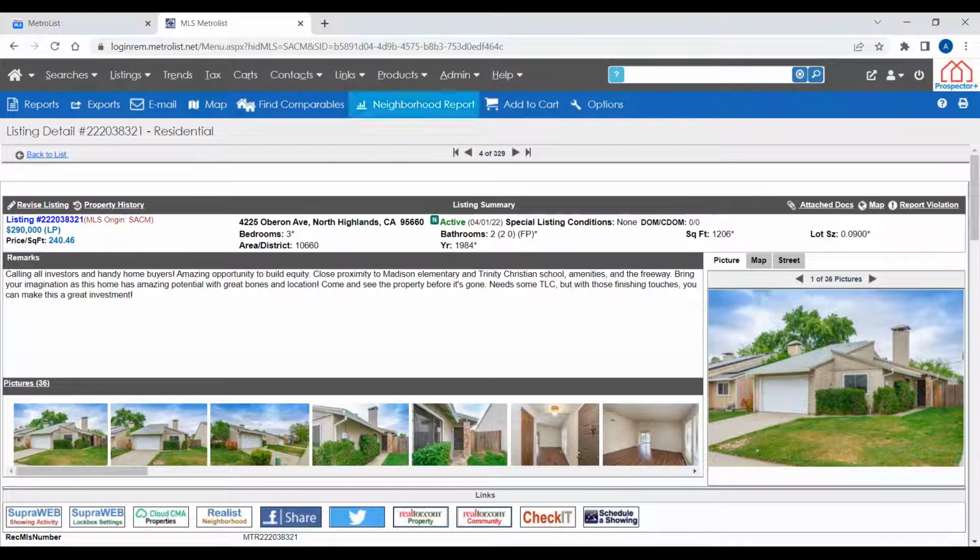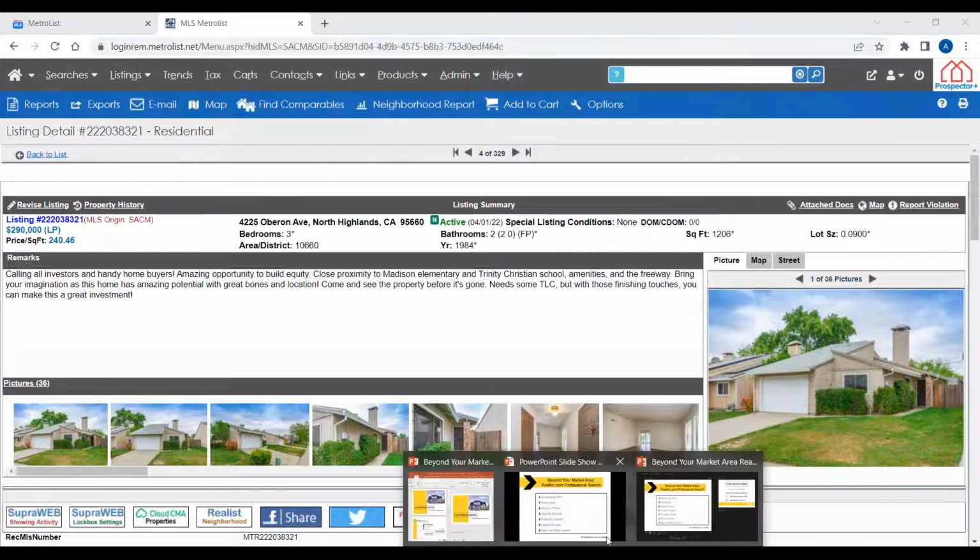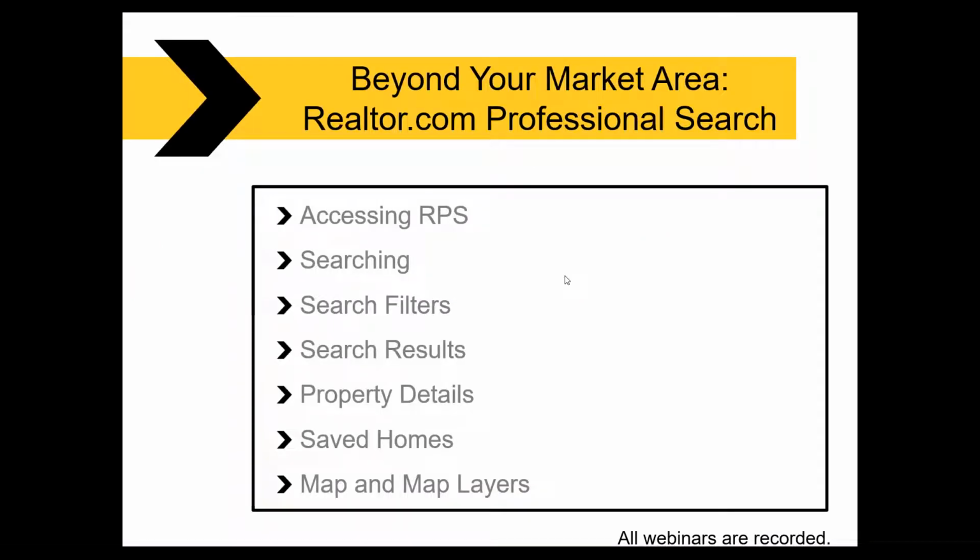All right, so let's go ahead and pull up our PowerPoint, make sure we didn't forget anything. So we talked about a bunch of stuff today. How to access the program. We access the full program from going to our MLS dashboard and selecting Realtor.com professional search, but we also access the data in Prospector Plus by clicking on a listing detail page and pulling up that report at the